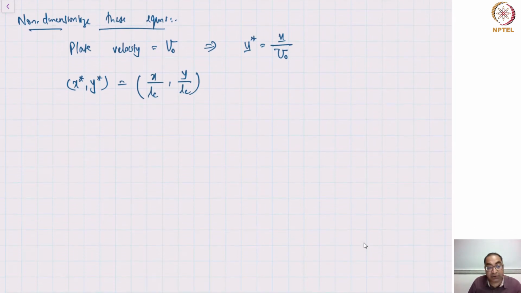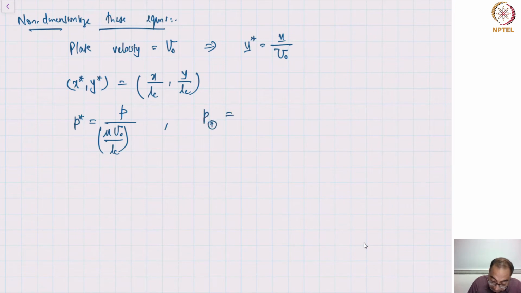Now we have choices for non-dimensionalization of pressure. We've already seen this in the past. The non-dimensionalization for pressure, this would be a viscous dominated flow. Therefore, in anticipation that Reynolds number is going to be very small, the natural choice of the pressure scale would be the viscous pressure scale. Okay. We will also say that the pressure above, we'll call it as P infinity,